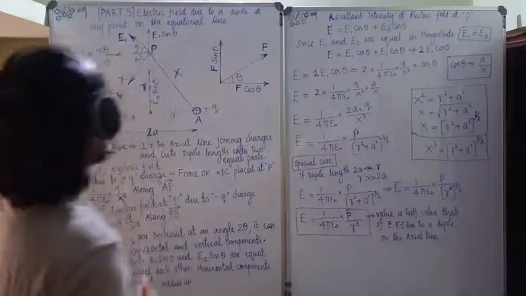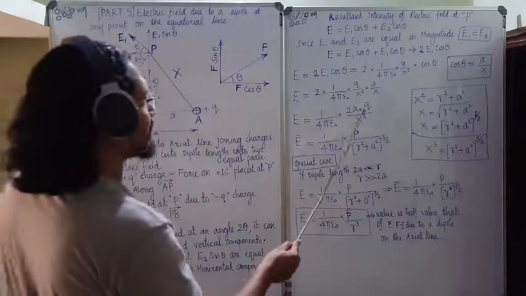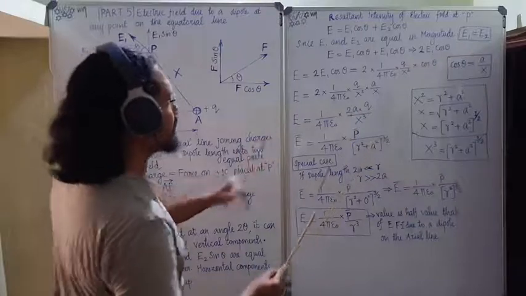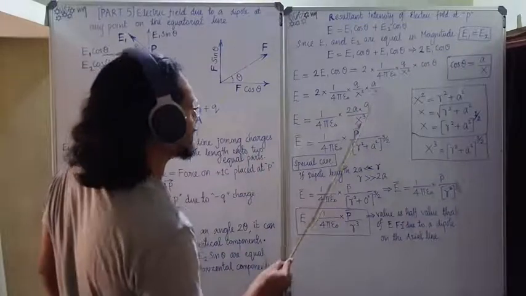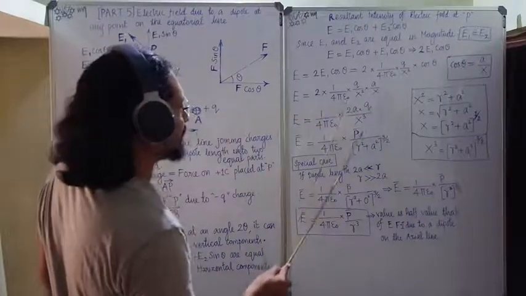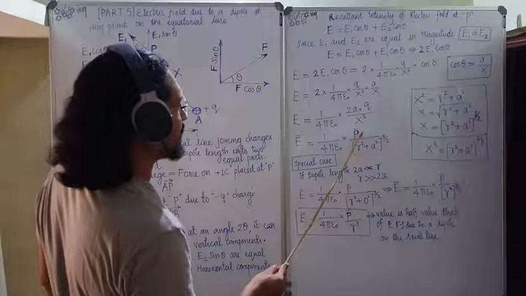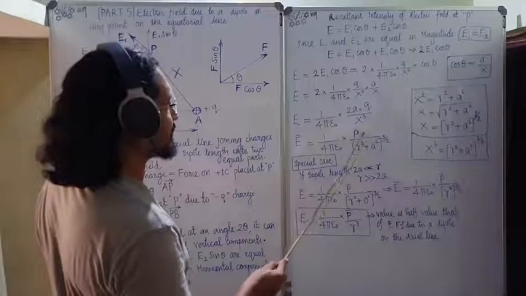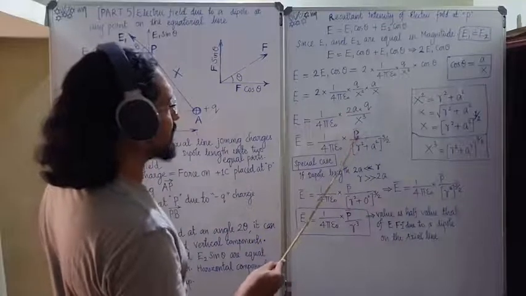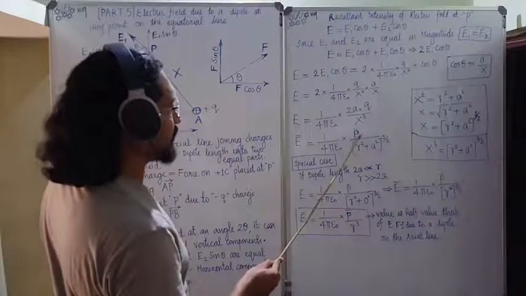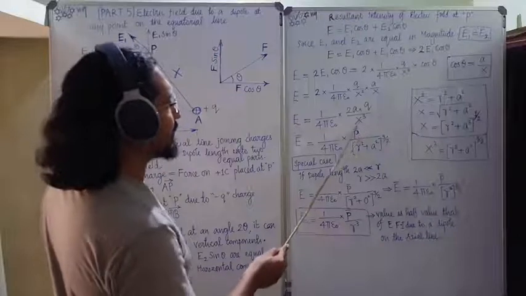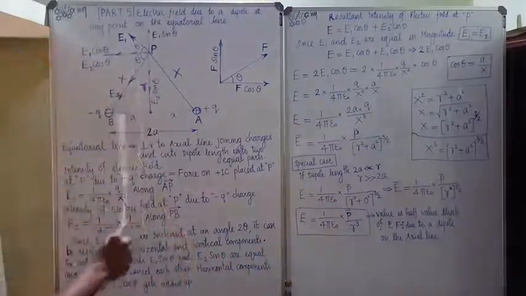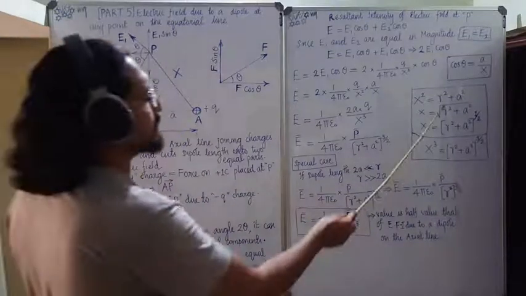2a is the distance between these two, and q is there. That means let it be there for time's sake, and then x square into x cube. This 2a into q can be replaced by the dipole moment. You know, earlier, what is dipole moment? The charge into distance between these two charges, either of the charges into the distance. That is p. And x cube, we want to write in another way. We do not know what x cube really is, but we do it in terms of r square